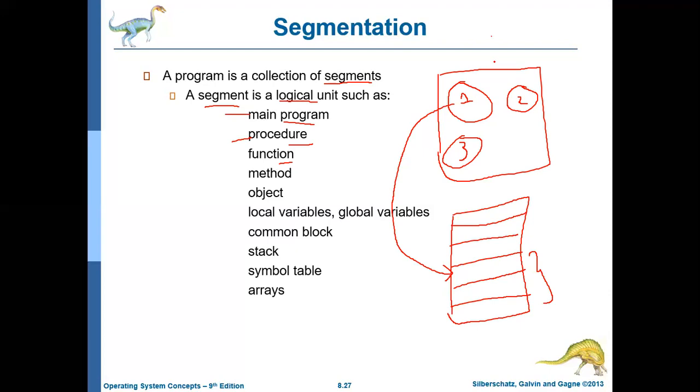This is the programmer's view of memory, which is called the logical address, whereas this is the actual physical address, how the memory actually looks. So there should be some mechanism which converts the logical address to the physical address, and that conversion process is called segmentation. This is the overall view of segmentation.